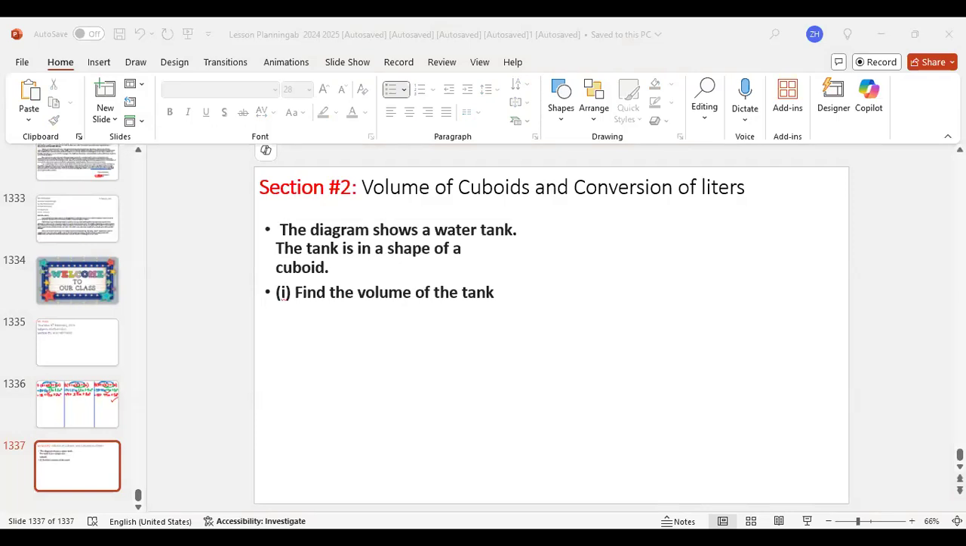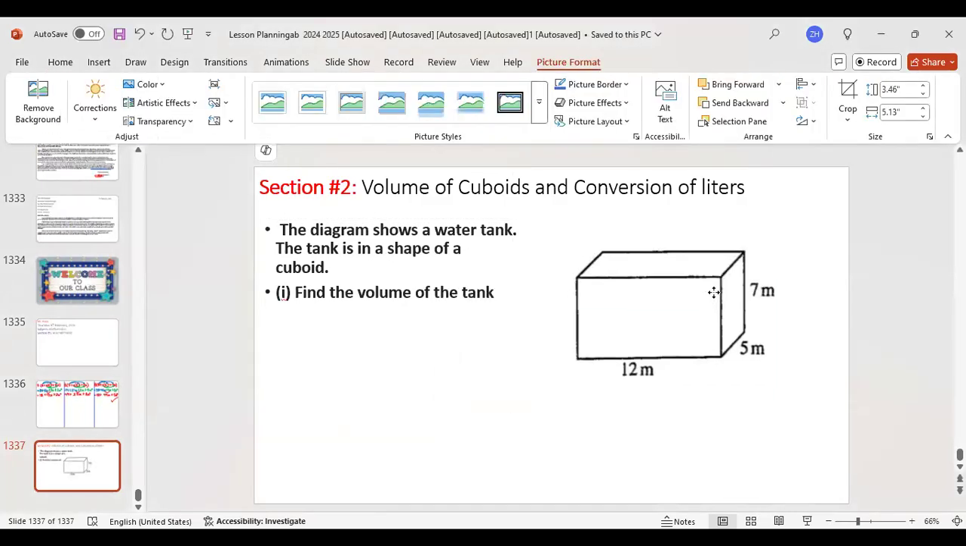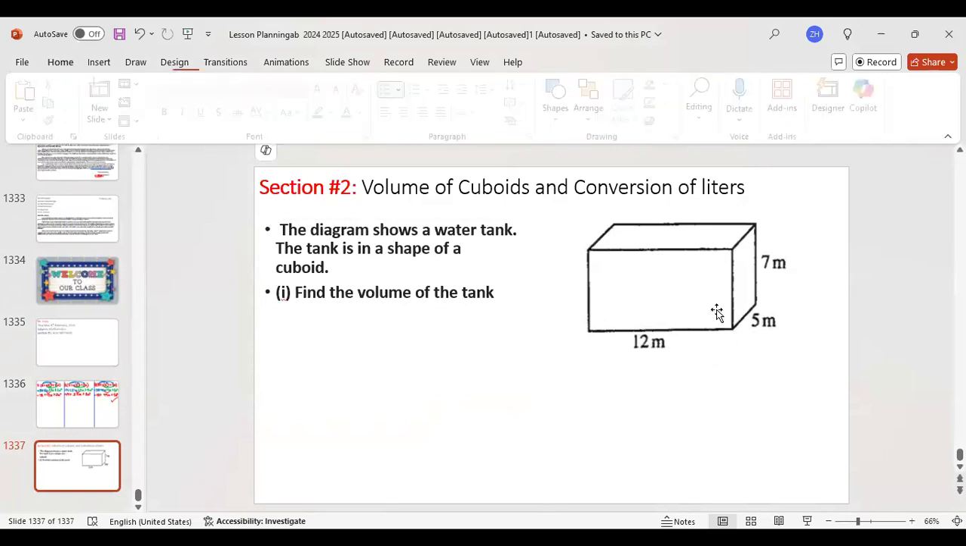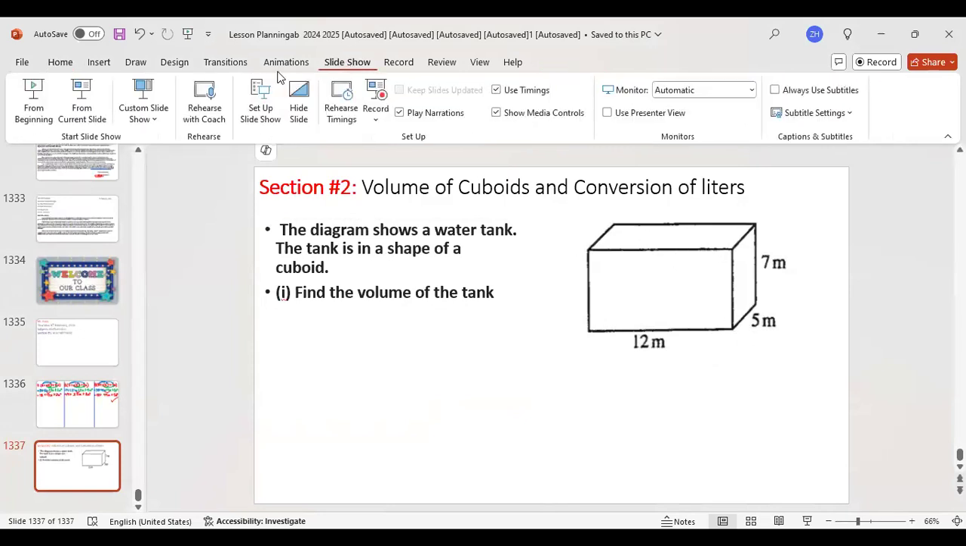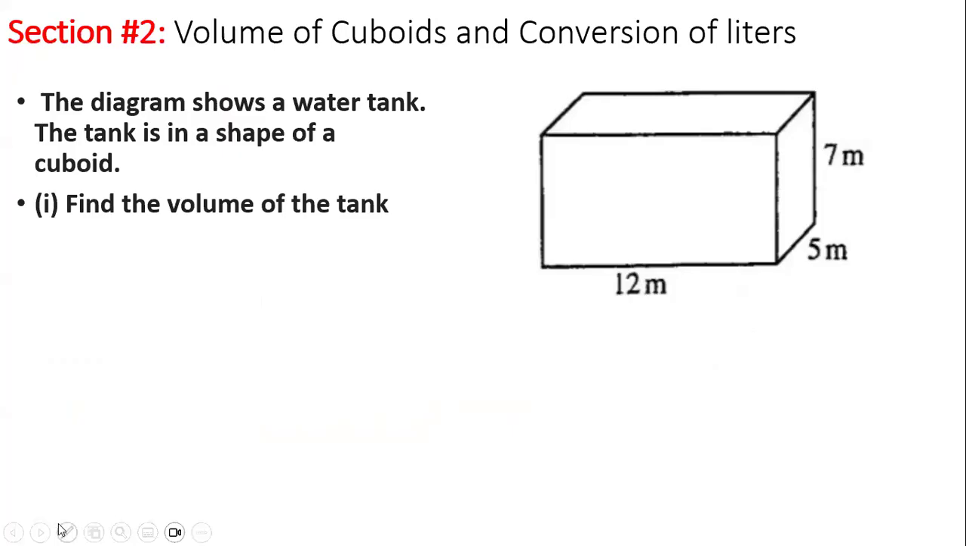we have this water tank, and it is the shape of a cuboid. Now, a cuboid is basically a three-dimensional rectangle, if you must, or three-dimensional four-sided shape. So this is the cuboid. If you want to draw it, let me just show you. The way I would draw it is I would